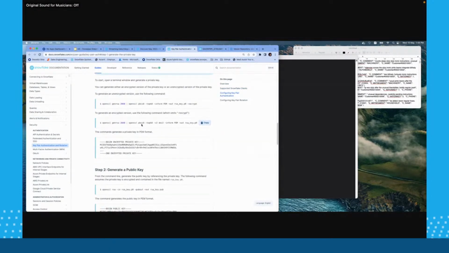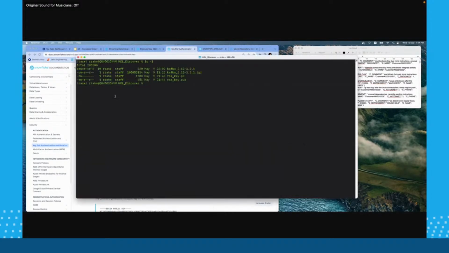This is the command to create your private key, and this is the command to create your public key. And this is exactly what I've done, right? Now, the public key goes and sits on your Snowflake user, and the private key sits on this particular VM, wherever your streaming ingest is running. So we'll see that in action.